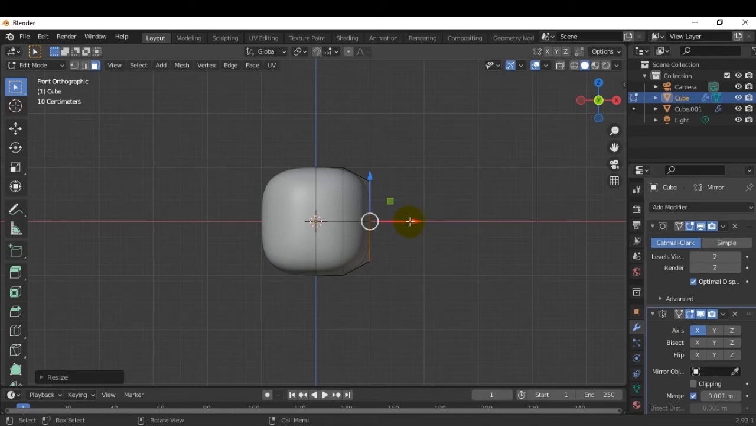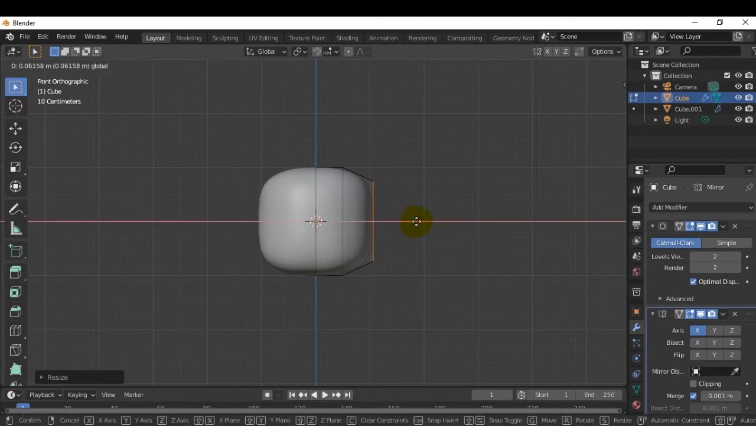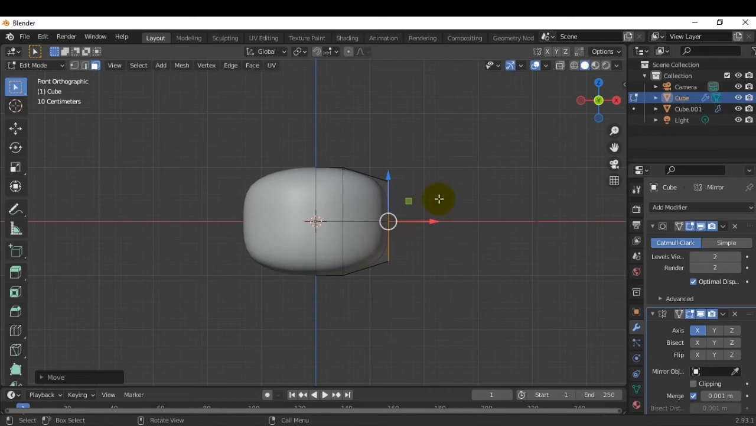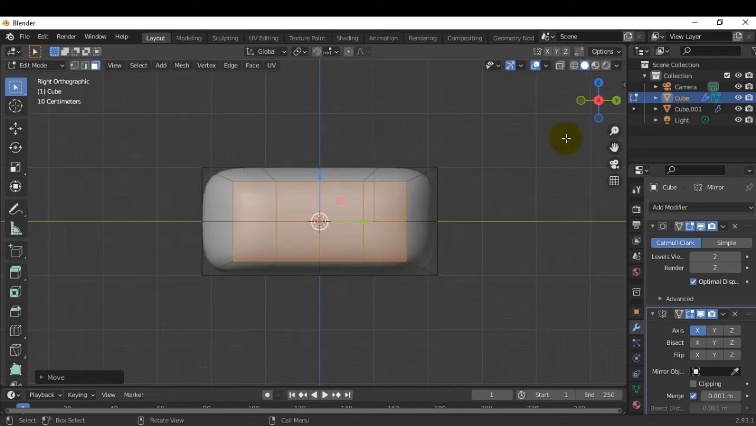Okay, now next go to front view, press 1, and then click and drag this red arrow and drag it outward a little bit like that. Okay, so somewhat like that, and then go to side view again, press 3, and then let's rotate our view,